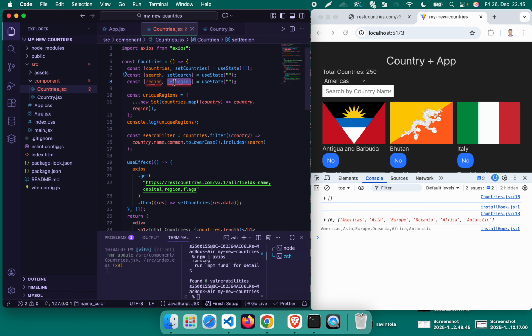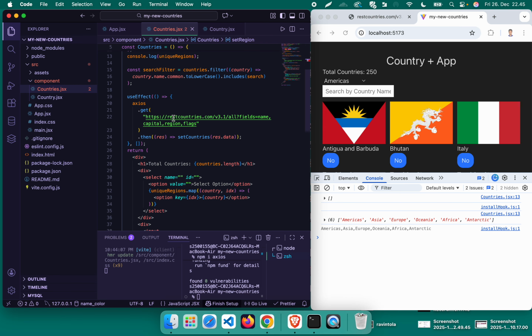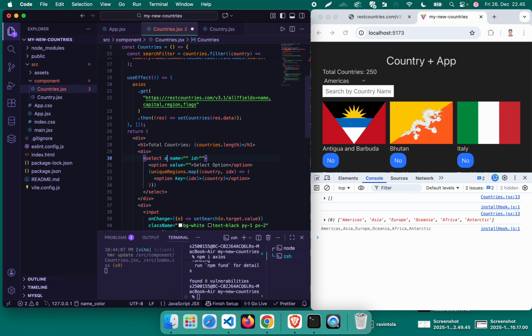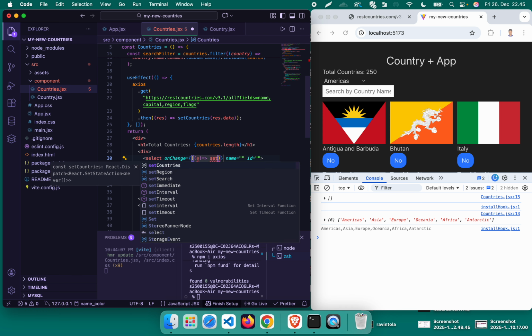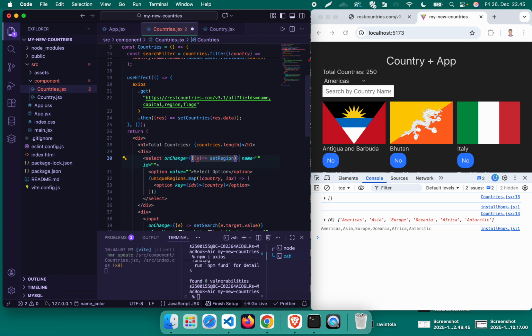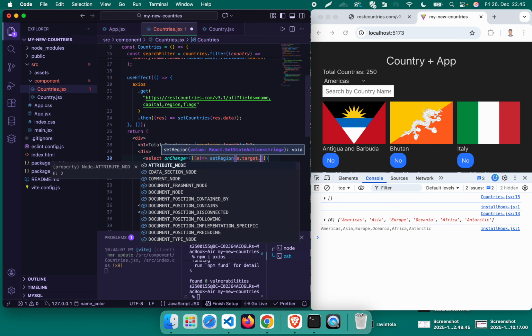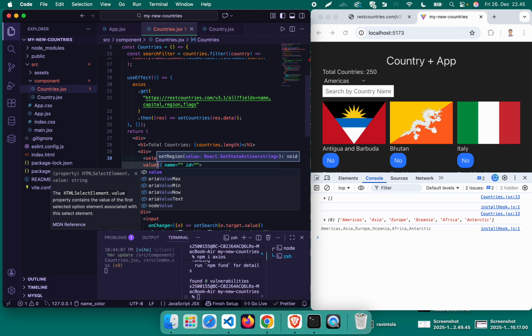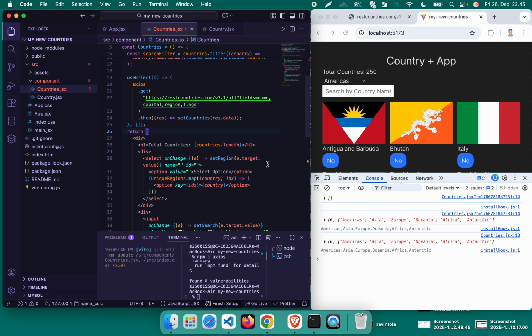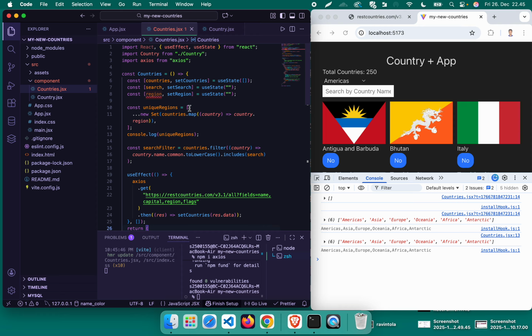So what we'll need to do, on change, it will be happening on change. So we need to set the value in set region. This is an event, we are taking this event and calling the set region. Okay, so e.target.value, e.target.value. For example, if I want to print the region now,